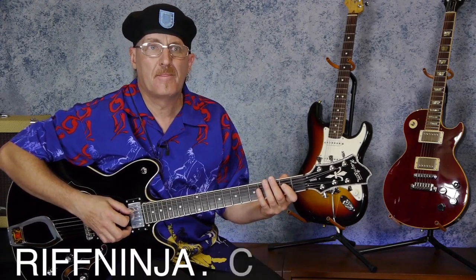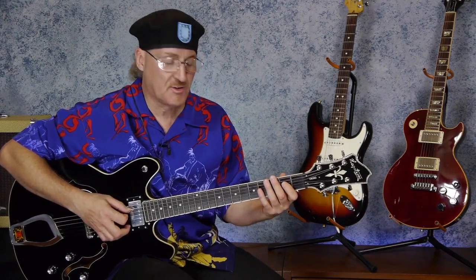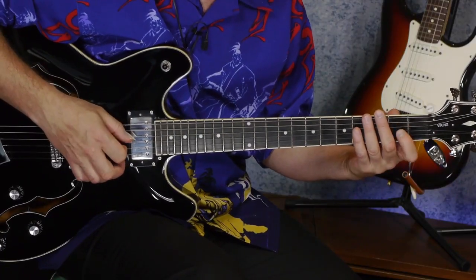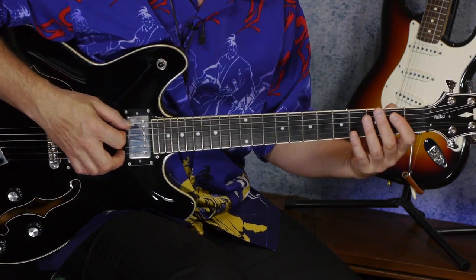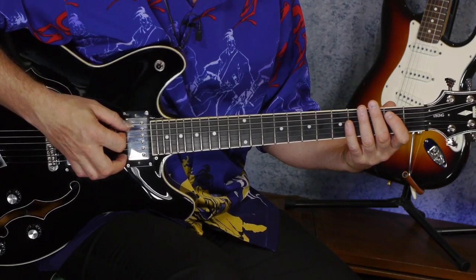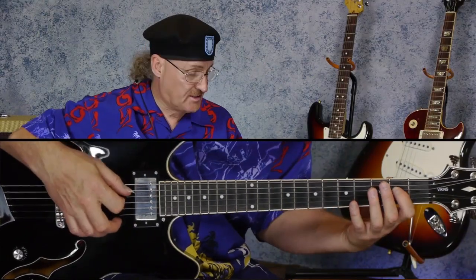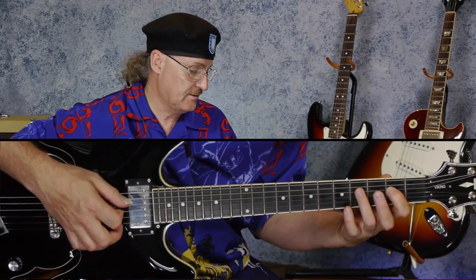Now, as a reminder, this is 12 bar. And we had the changes of A, D, and E. The A change using the 5th and 4th string. The D change using the 4th and 3rd string. And the E change using the 6th and the 5th string. Now we're going to take this major 6 that we were playing,